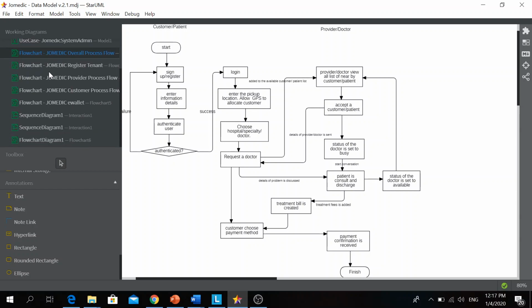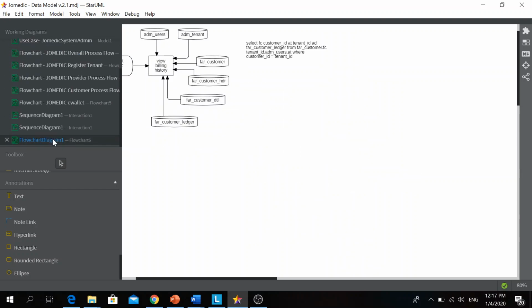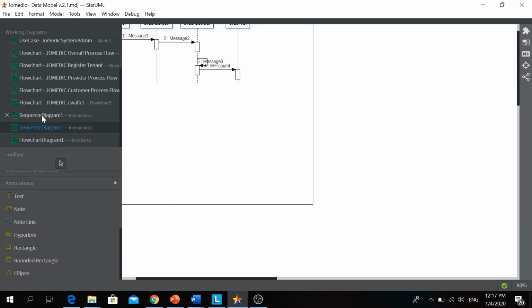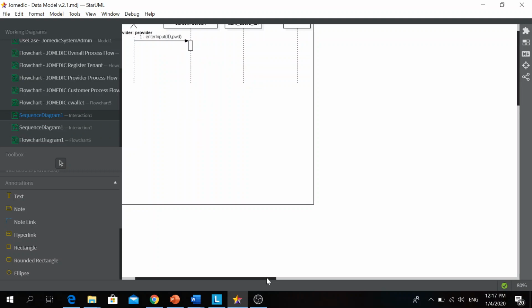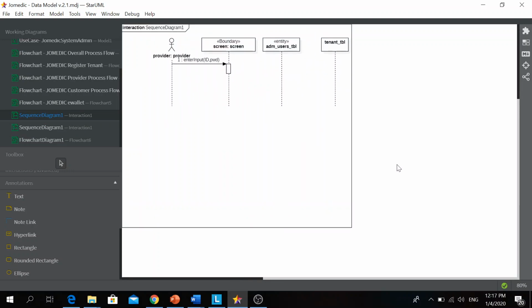We show you here. Sorry. Okay, this is one example class diagram and use case sequence diagram. Sorry.